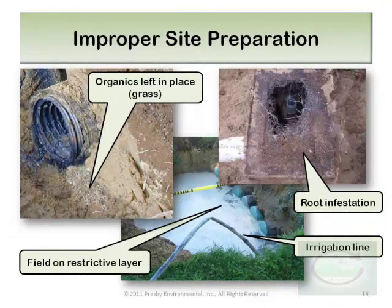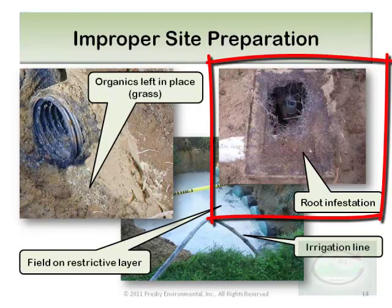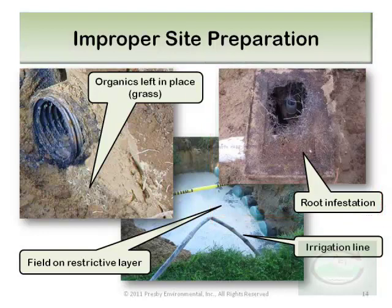Now let's talk about some site preparation issues. In the upper right, you see a picture of a D-box that has a serious case of root infestation. Trees were left within 8 feet of the D-box. It didn't take long for the tree's roots to find that high nutrient water nearby. Be sure to keep deep-rooted vegetation or water-loving trees well away from the field. Use the tree's canopy as a rough indication of how far the roots extend. If the tree is young, project its growth and remove it if you think it will present a problem in